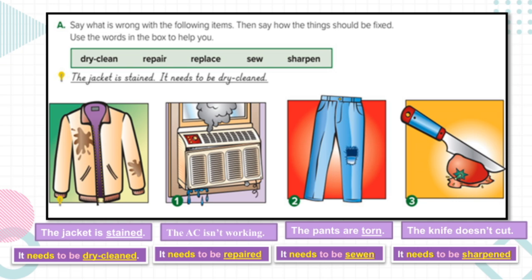Moving on, the knife doesn't cut, which directly shows the consequence of neglecting sharpening or maintenance. It's a simple reminder that dull tools are ineffective. Then, the pants are torn, an example of damage that needs mending to restore usefulness and appearance. The AC isn't working points to a malfunction that requires professional repair, highlighting the importance of timely intervention to restore